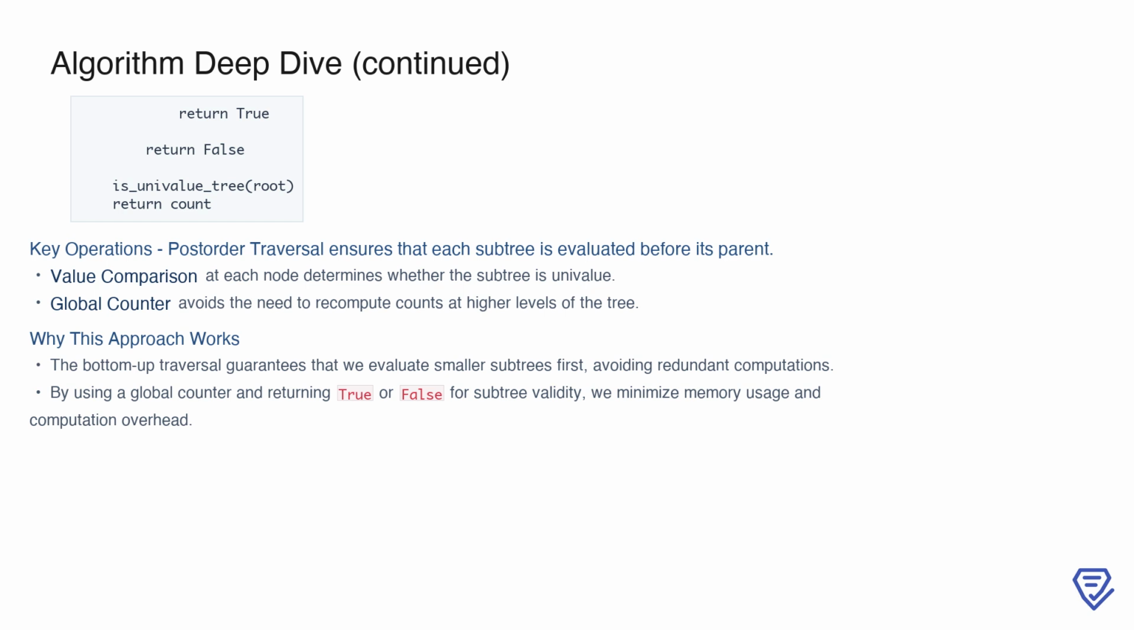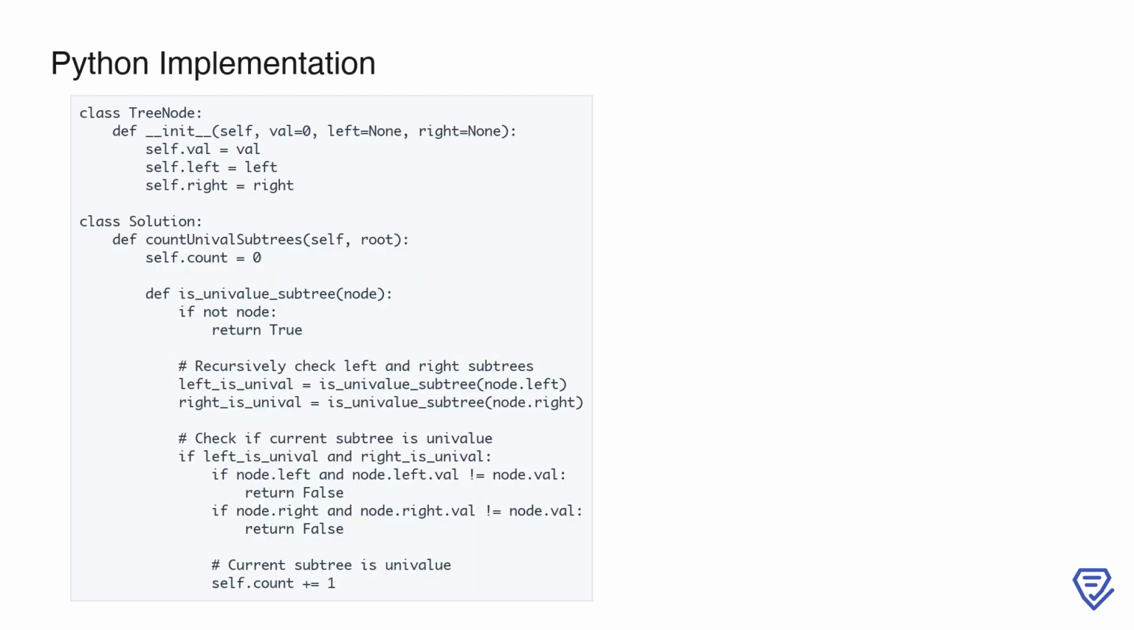Here, we begin by defining a basic tree node class to represent each node in the binary tree. Each tree node has a value, a left child, and a right child. Then, we define our solution class, which contains the main method, countUnivalSubtrees. Inside this method, we initialize a counter, self.count, to keep track of the number of Univalue subtrees. Next, there's a helper function,